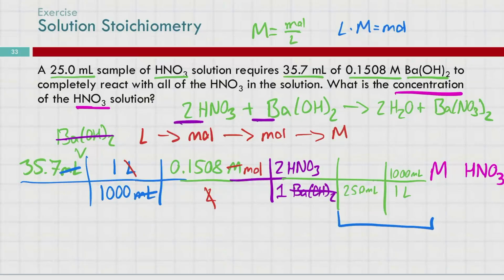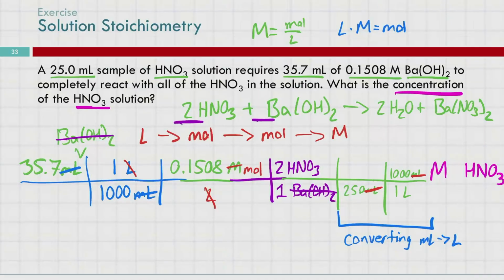So this little chunk is converting milliliters to liters for our nitric acid solution. Another part of the reason that I wanted to include that chunk and put it all in one line is if we look at this full solution map, there's a trick that some of you will be able to